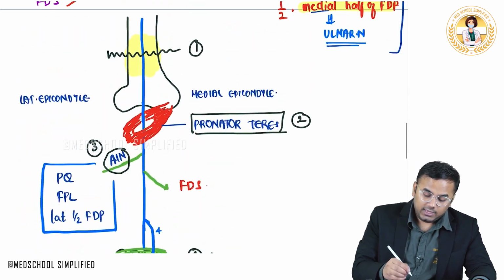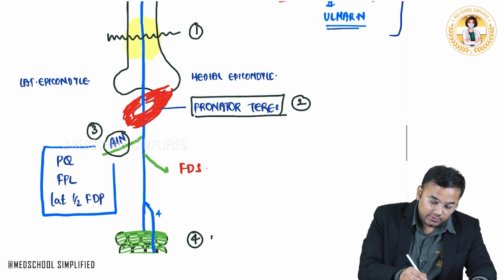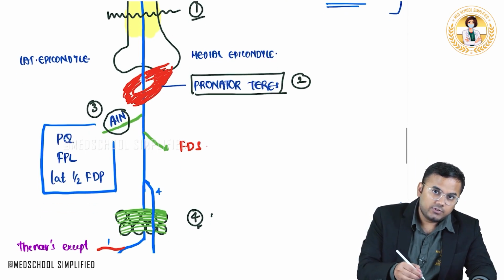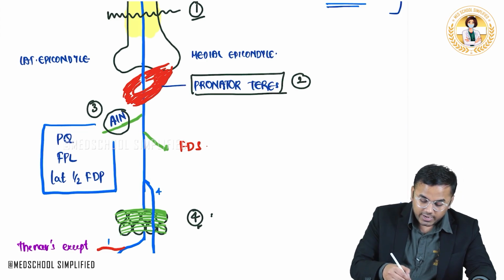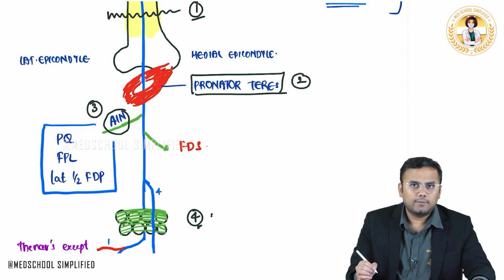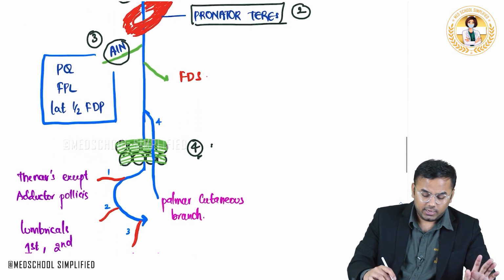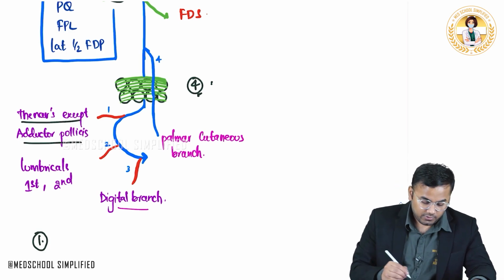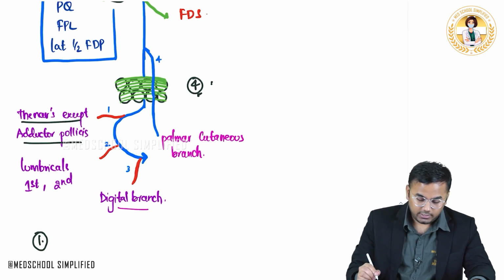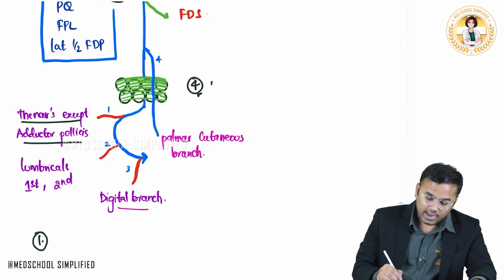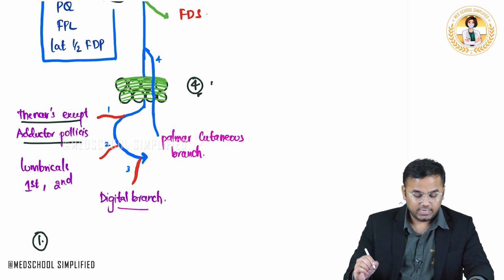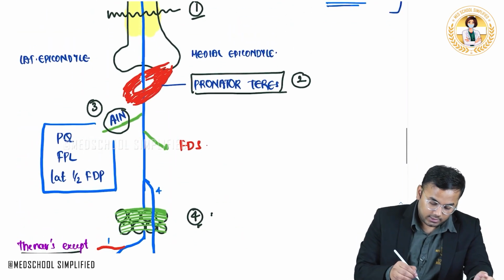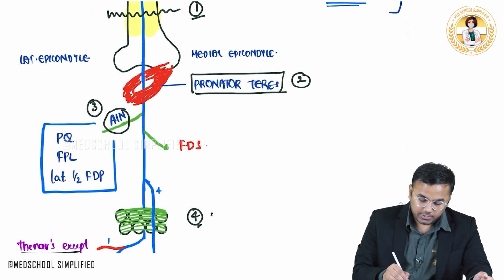Now, all of you look here. Even in the first case, or even in the fourth case, if in the first case there is a supracondylar fracture, all the nerve below the fracture won't work. Yes or no? If it is not working, it means the thenars except adductor pollicis are also not working. The first two lumbricals are also not working, right? And the digital branch is also not working, and the palmar cutaneous branch is also not working. It means anything which is present in the hand is also not working. Yes or no? Not only that, the anterior interosseous nerve is not working,